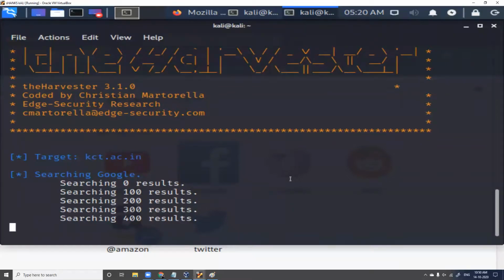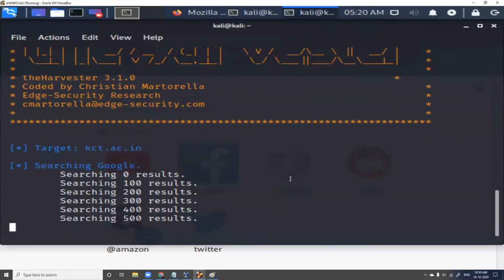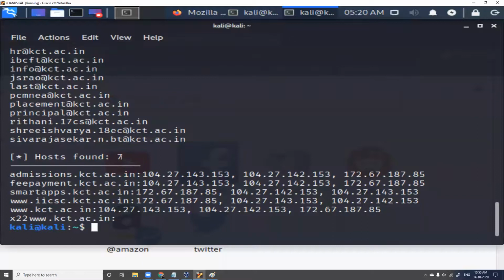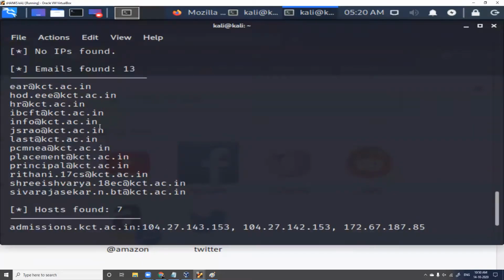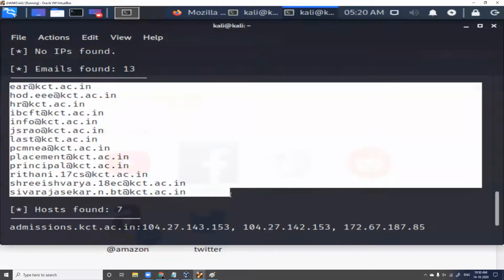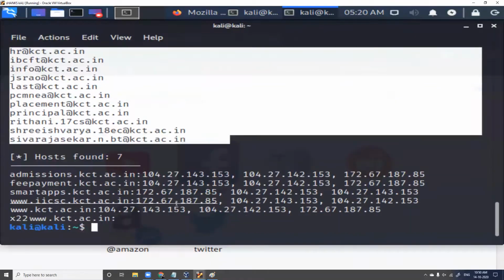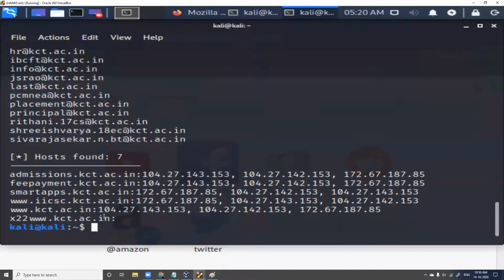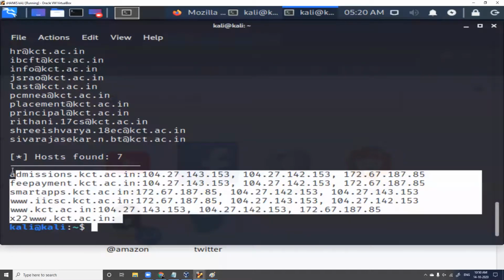When you normally search, you'll go for the first page, second page, and then you'll leave. But see here, theHarvester has found emails for us, right? It has found emails from Google for kct.ac.in, and it has also got IP addresses and subdomains of this.